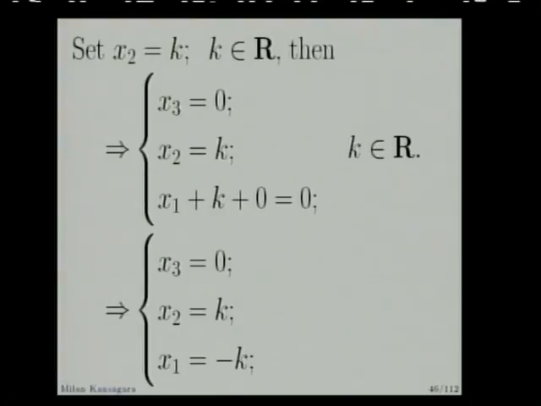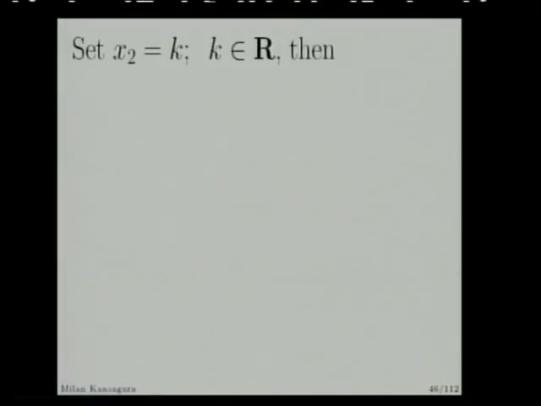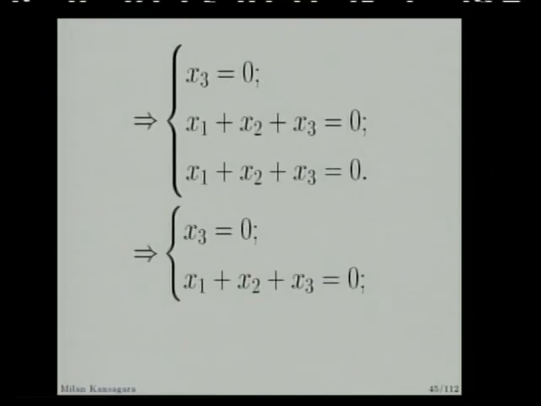So we cannot take here k equal to 0. Why can we take here only k? See here k is any real number. Here we have two equations, right? x3 equal to 0 and x1 plus x2 plus x3 is equal to 0. If we put x3 equal to 0 in the second equation, then we have x1 plus x2 is equal to 0. So one equation and two unknowns or two variables, right? So we take any one variable equal to any constant. We can take 0 also, right?